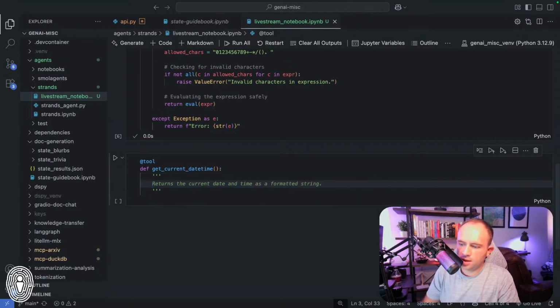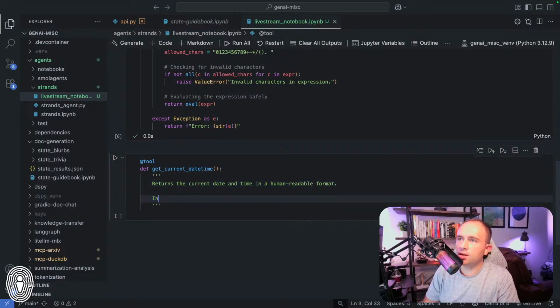So we're going to say returns the current date and time in a human readable format. Its inputs are not going to be anything because we don't need to pass in anything for that, and then it's going to be returning a string.